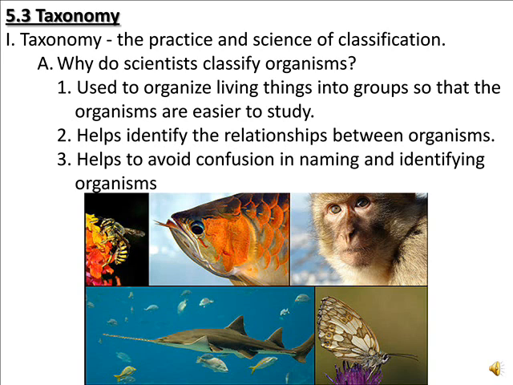For example, one popular marine organism, the great white shark, is actually known by several different common names throughout the world. Whereas we may call it the great white shark here in the United States, in South America they call it the gray pointer. In Australia it's called the white pointer. So really there is confusion among the naming of organisms throughout the world. Well, by using scientific names, scientists can identify particular species throughout the world. For example, to eliminate confusion, the great white shark is always called Carcharodon carcharias among scientists throughout the world.